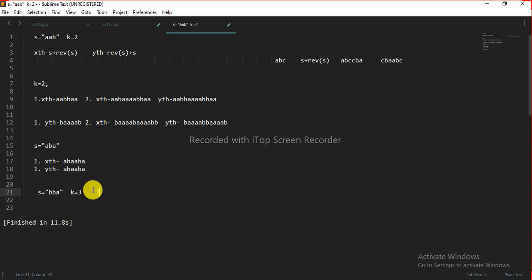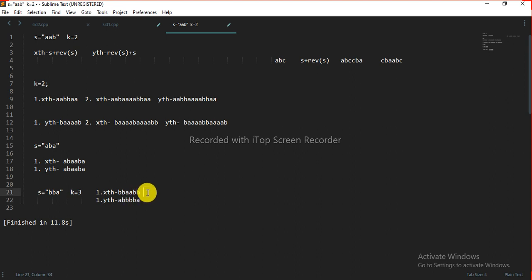How many different strings can we get? For the xth operation, the string s will give bba and abb. And if we perform the yth operation on that string, what can we get? We can get abb and abb, and bba. Okay, so now these two strings have become palindromes.